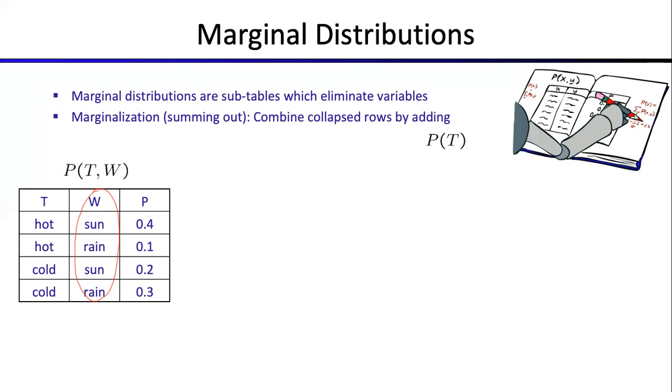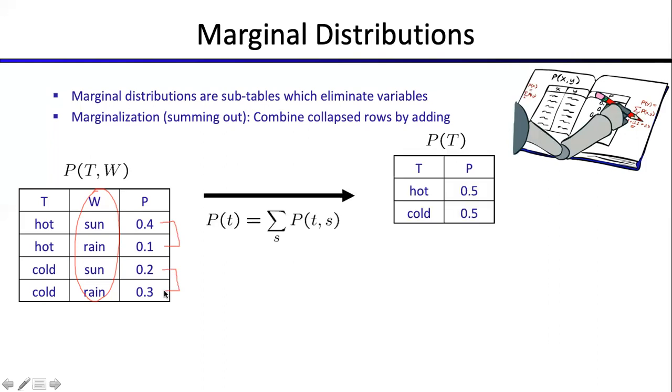ठीक है. और cold की probability क्या होगी? I can add the probability of rows जहाँ cold appear करता है. ठीक है. So if I am going to eliminate w from here, इन दोनों rows को मैं ऐड करूंगा तो probability of hot आ जाएगी, इन दोनों को मैं ऐड करूंगा तो probability of cold आ जाएगी, and this would give me the